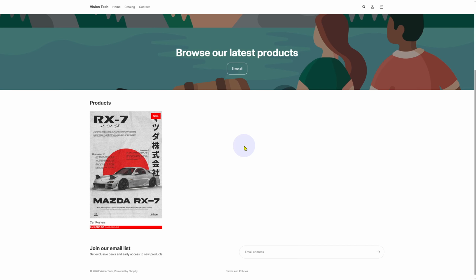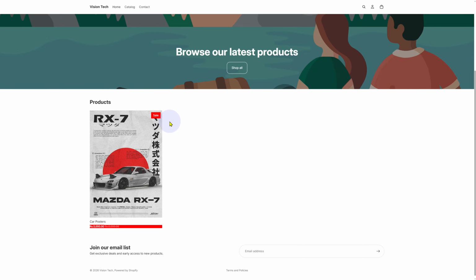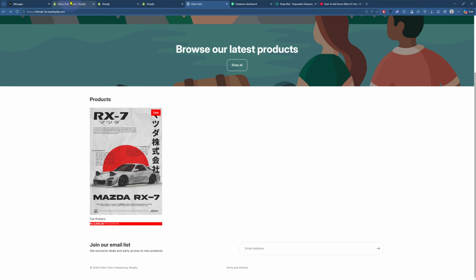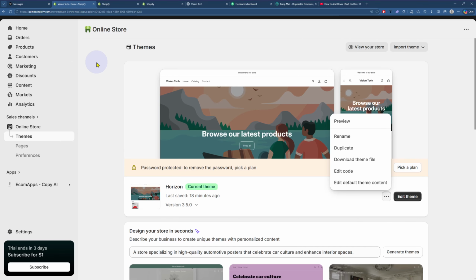So if you want to also customize your sale badge and simply change its color, font, or whatever, then you can simply follow this video till the end. You can see I have currently added this red color to my sale badge, and this looks actually pretty matching to my poster. So how you can do this too, simply head over to your admin panel and from there